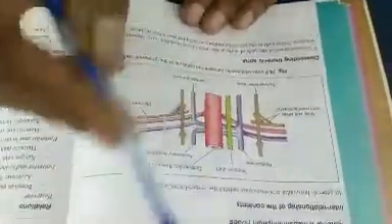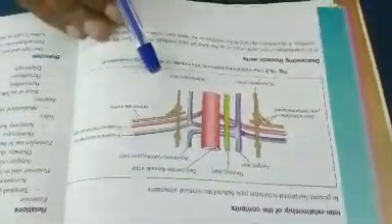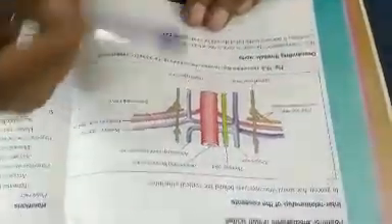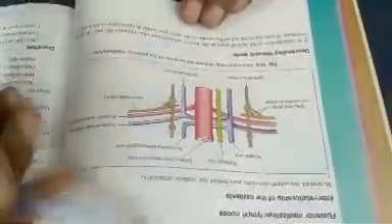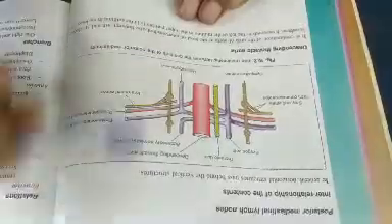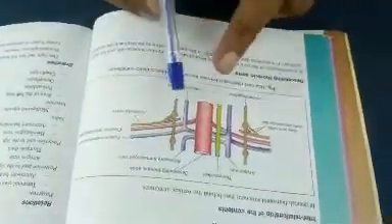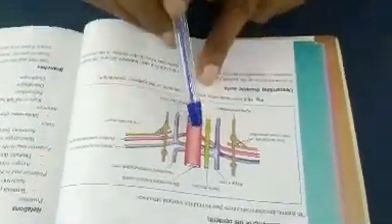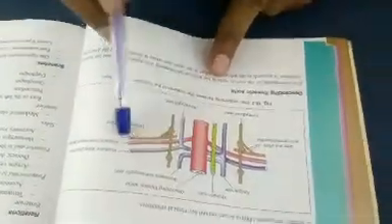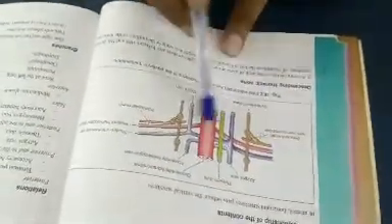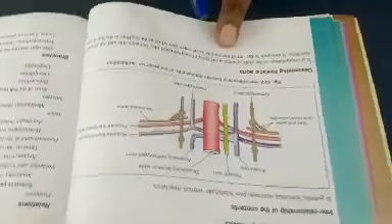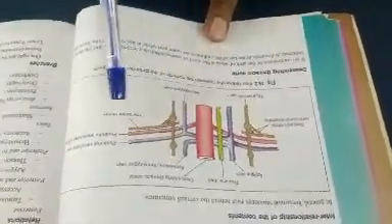Apart from this, there are structures not present in this picture: the esophagus and the vagus nerve. Now let us see the horizontal structures. Here you see the horizontal structures. These are the branches of the descending thoracic aorta, called the posterior intercostal arteries. So these are the horizontal structures, and also